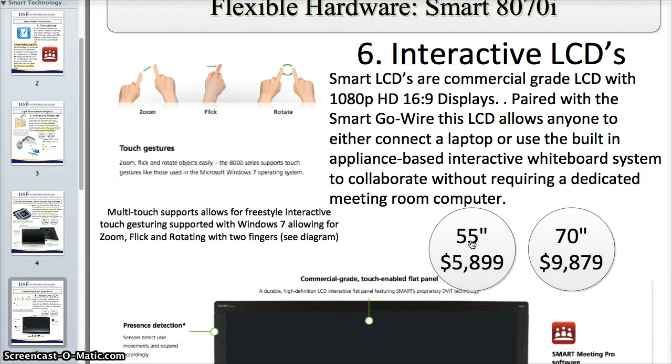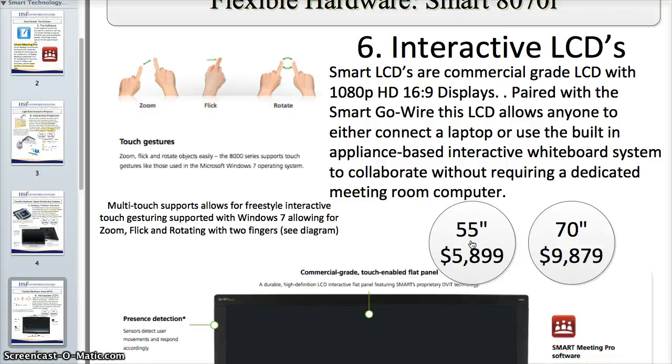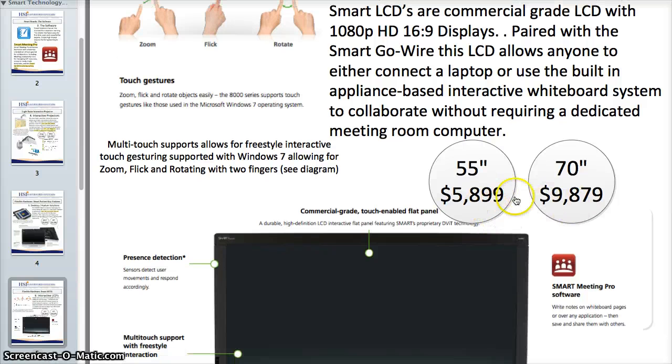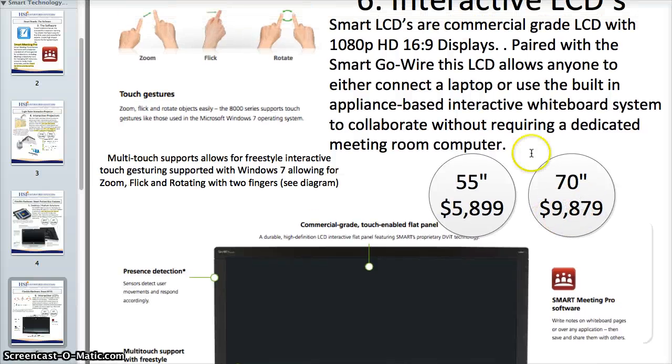Now let's look at some of the interactive LCDs. Smart has two interactive LCDs that are pre-built for interactive touch capabilities. They have a 55-inch and a 70-inch. And these are rough prices right here, a little bit under $6,000 and a little bit close to $10,000 for the 70-inch. And they're both 1080p 16:9 displays, and they come with a SmartGo Wire, which we're going to get